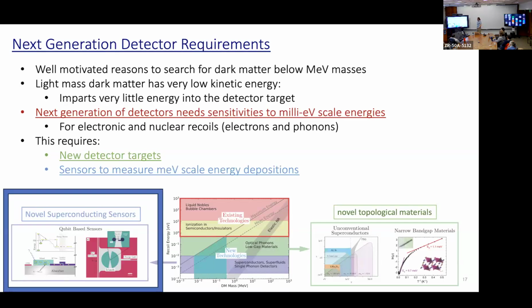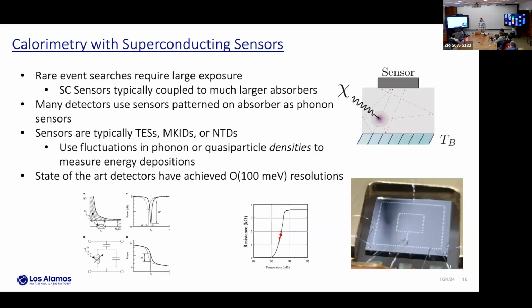Okay, so that was the materials part. That's how do you get energy into something? And now we want to say, how do we measure the signal that's already been put in these materials? So I focused before on electronic interactions, and now I want to focus a little more on nuclear interactions, or the case of just phonon readout, where a phonon is just the vibration of your lattice. So it's kind of an overview of how calorimetry worked for dark matter experiments.